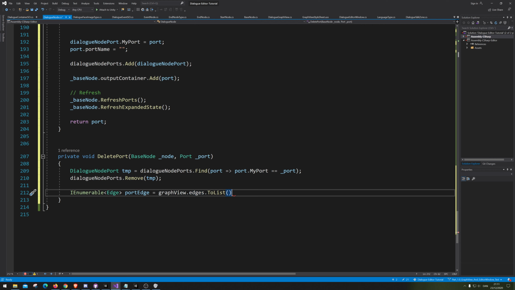And now we need to find the one. So we're gonna go where, and we of course need to find our edge. So we're gonna go edge dot output is equals